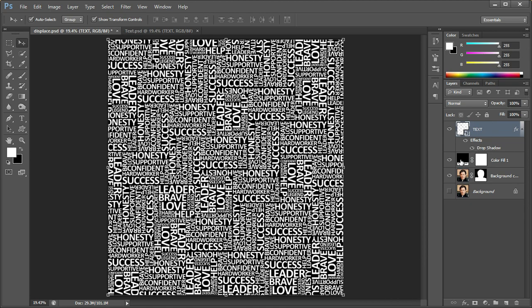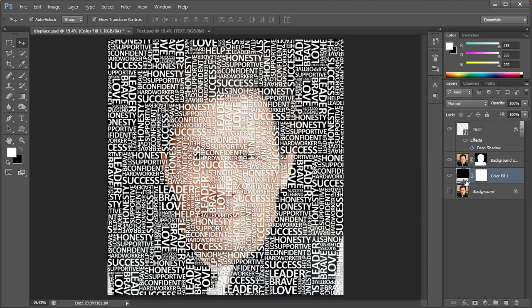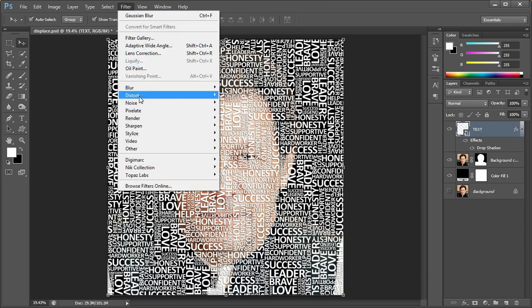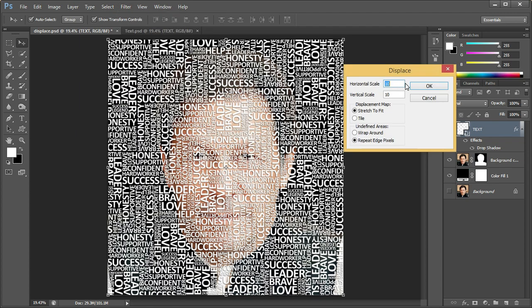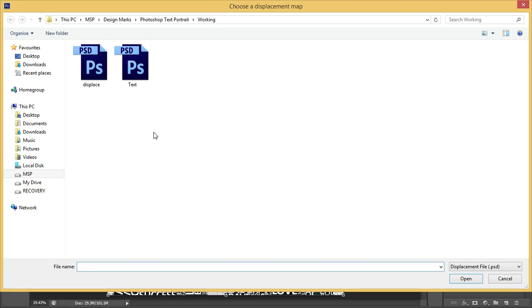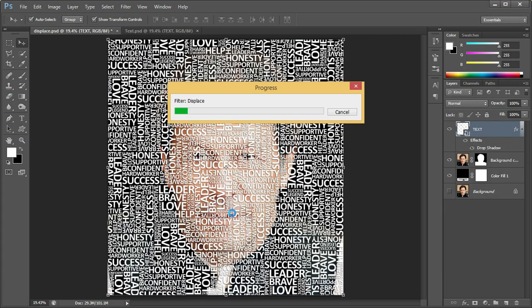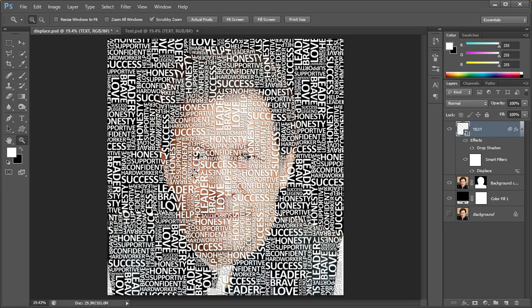Now select this background, bring down, select the text, go to Filter. This time we take Distort, Displace, horizontal 10, vertical 10, rest is fine, then hit OK. Now I take the displace file, select and open. See the guys,